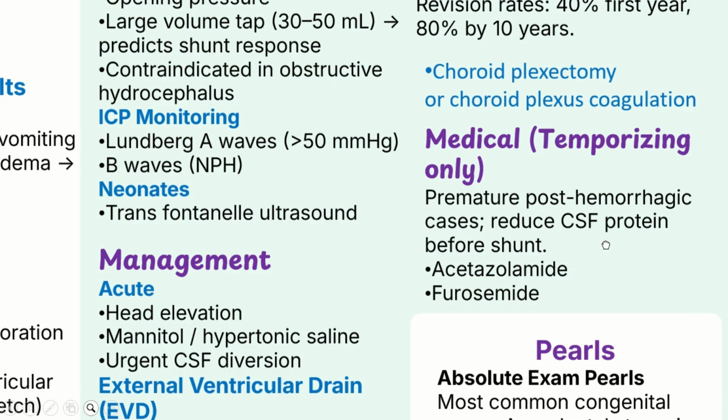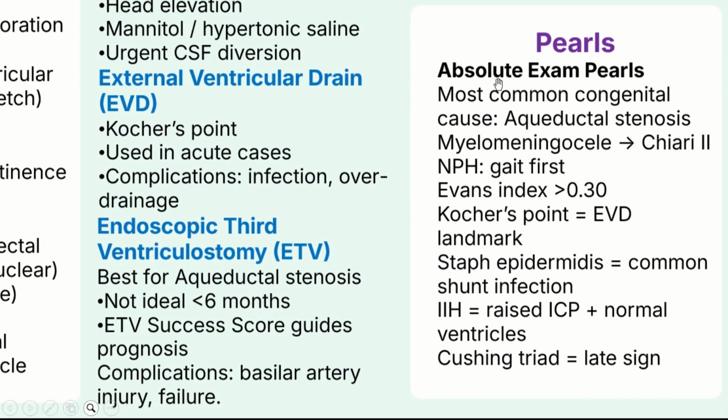So what you should remember for your examination is the absolute examples. The most common congenital cause is aqueductal stenosis. Myelomeningocele is going to be seen with a Chiari II malformation. When you have normal pressure hydrocephalus, the gait is the first thing that is affected. They become nervously fast, then they are going to get the cognitive difficulties, and then at last, incontinence. Then remember the Evans index that is greater than 0.30 is the one that is diagnostic. Kocher's point is where we place the external ventricular drain. Then Staph epidermidis is the most common cause of shunt infection, and